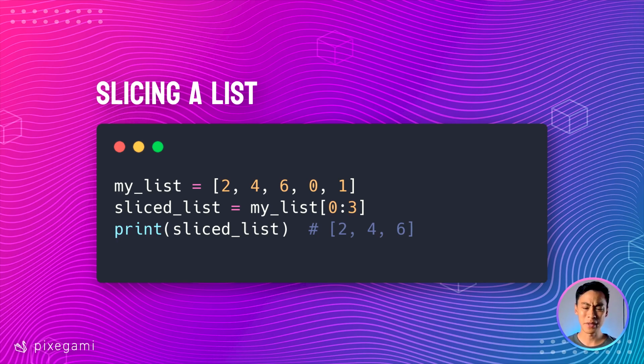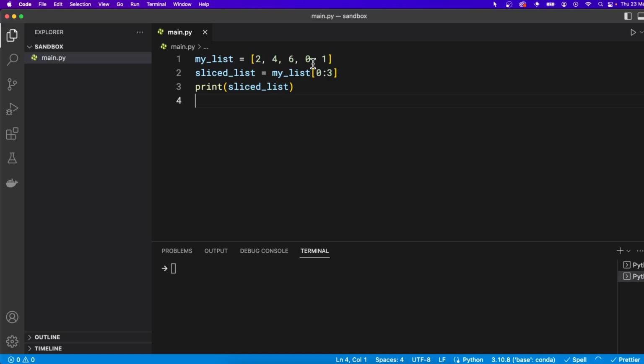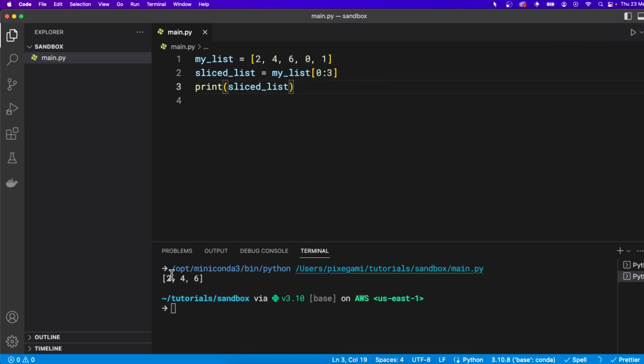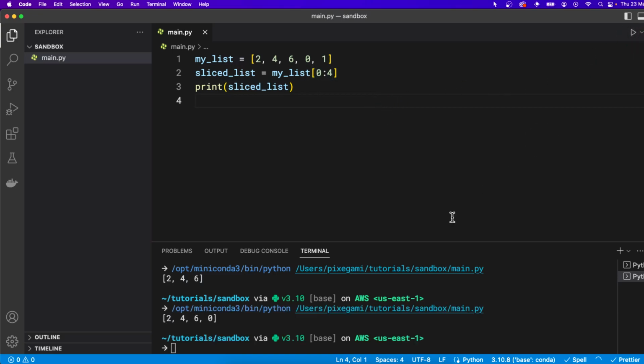And because this one can be a little bit confusing to understand, let's hop over to our code editor and play around with it a little bit. So I've got the code here just from the example, and if I run it, you'll see that it returns 2, 4, and 6, which are these first 3 items here, because this is index 0, 1, and 2, but then we don't include index 3. Now if I wanted index 3, I actually have to bump up my range, so from 0 to 4, and if I run that, now I get all 4 items. And if I move the first index up, so I move that to 1, now I'll get these 3 items.